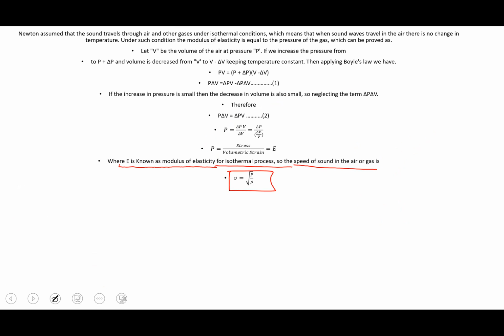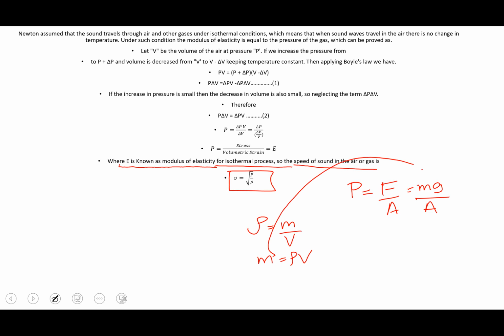Now we have to write down the values of P. As we know that P is equal to force per unit area, we know that force is basically the weight of that object under it, and area will be written as it is. Now, from the definition of density, we know the density is equal to mass per unit volume. We can say mass will be equal to density into volume.